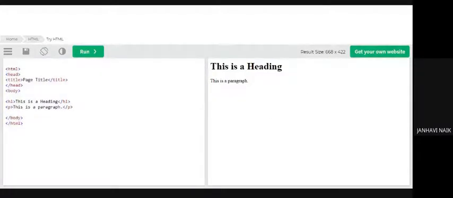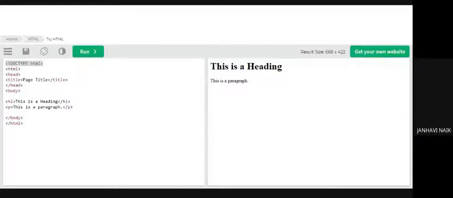Okay, and you must have noticed that some online systems tell you to include this particular line, that is, open angular bracket, exclamation mark, doctype html, close angular bracket. So when you are dealing with HTML5, we need to include this particular line. Otherwise the program doesn't work. This is a declaration statement that has to be written. It only specifies that the file is a doctype file, and once you run that file, you will get the output.